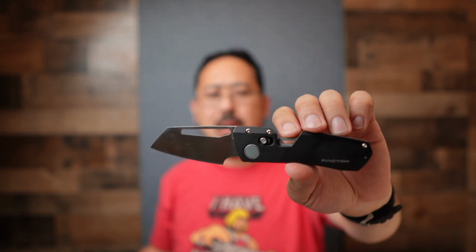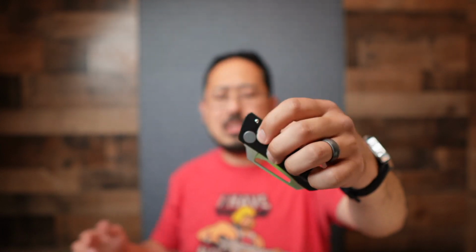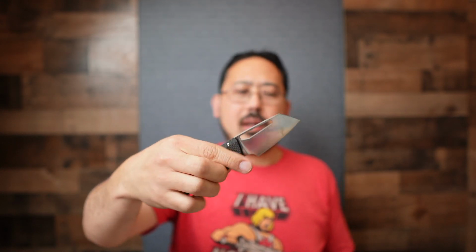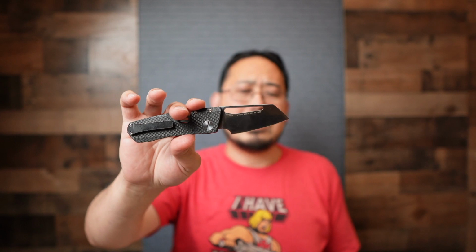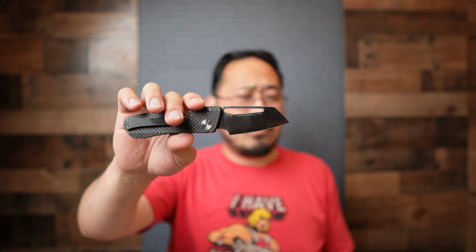It also has a deployment on the back side. It is an axis lock in general, so not called axis lock, but it's just a magnet spring. So instead of actually having springs, it's going to be magnetic driven. So that's going to be kind of a cool thing there, but still really nice. So I still might pick this one up at some point. Still have not. Now there's a lot of different things that he has going on the site, but we'll go over to,